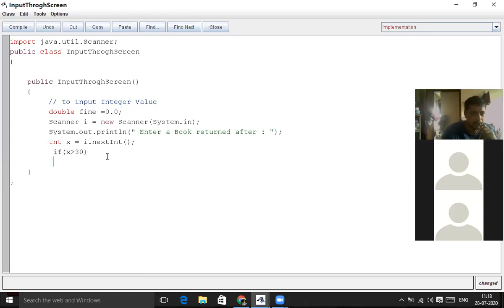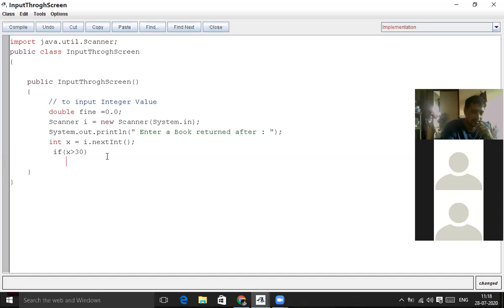Now, if X is greater than 30 days, from 8 to 15 days you have to pay rupees 1, for the 16th to 30th days you have to pay rupees 2, and above 30 days you have to pay rupees 3.